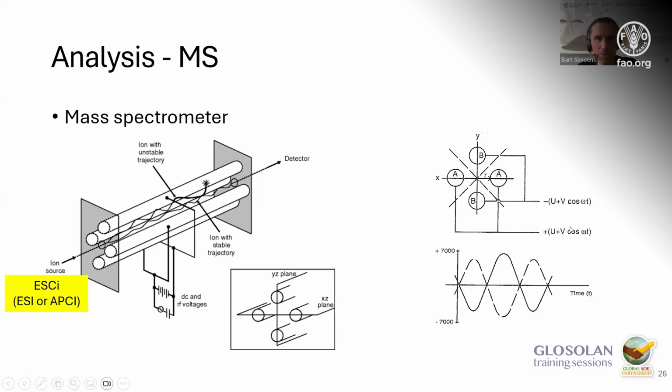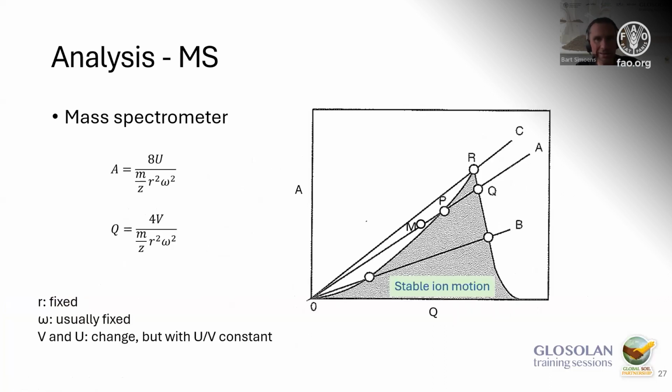And so by playing with the parameters in this system, the U, the V, and the frequency, we can select which ions will be detected and which ions will just end up on one of the rods. The theory behind it is quite complicated, but basically this kind of system is characterized by a parameter A and a parameter